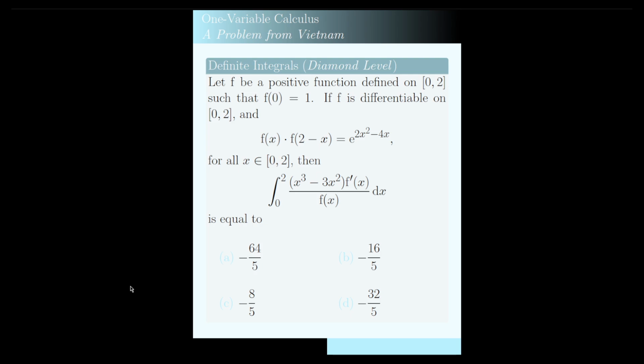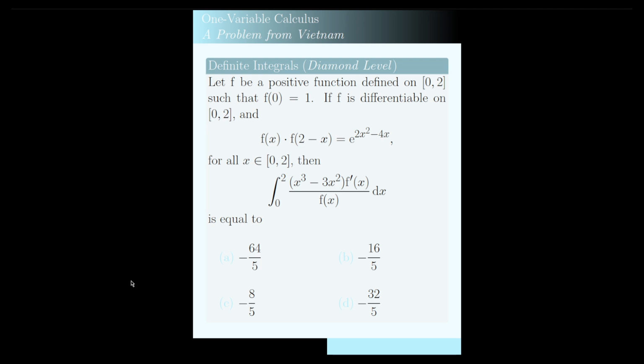Hello, in this video I'm going to solve the following diamond level problem, one variable calculus, topic definite integrals. This is a problem from Vietnam. Let f be a positive function defined on the closed interval 0 to 2 such that f of 0 equals